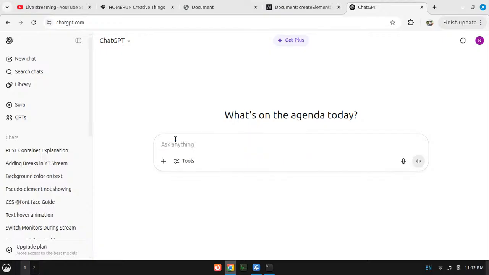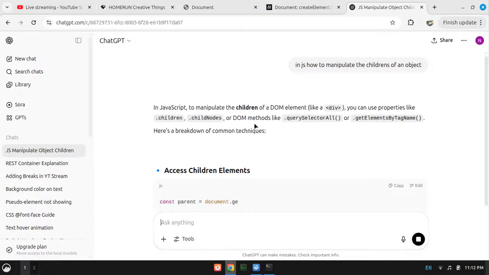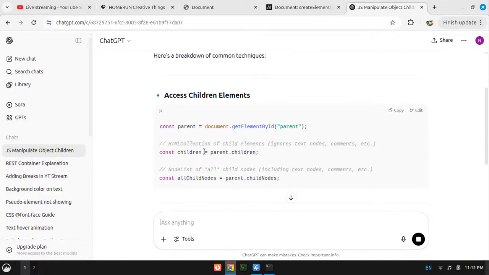What I need is to select the children of something. How to manipulate the children of an object? Okay, children equal to parent dot children. Okay, right.